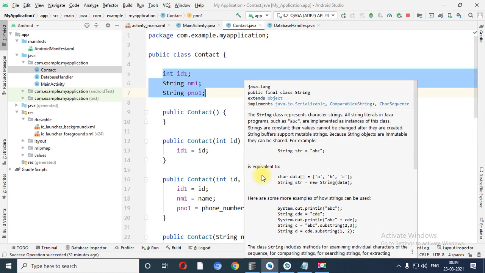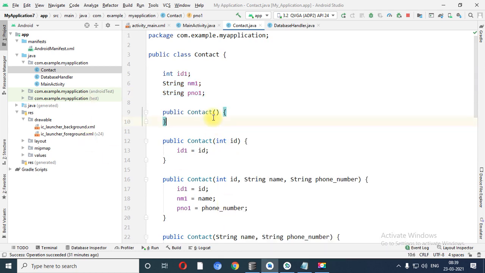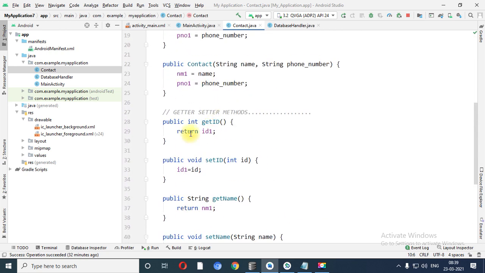So the Contact.java file is a collection of constructors as well as a list of getter and setter methods for particular variables. Basically right now I have 3 variables declared over here. So I have 6 getter and setter methods, 3 get methods and 3 set methods.